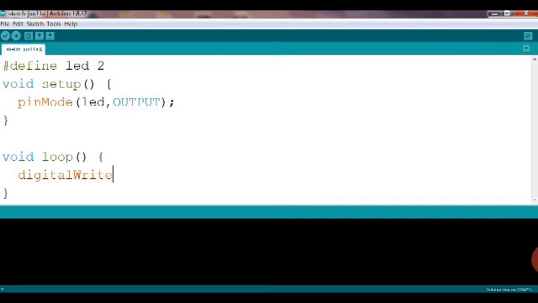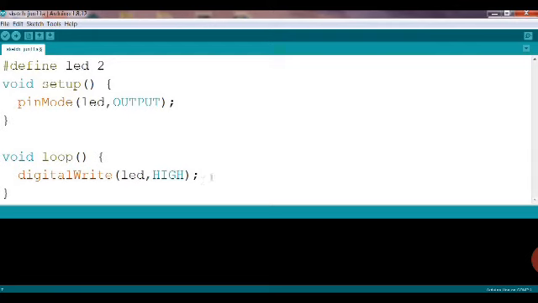Again, W is in capital and rest is in small. So digital write means digital value we are going to give to LED, and very first we have to give high power. If I want the LED to glow first, then the power should be given, and for giving the power we are using HIGH in capital.